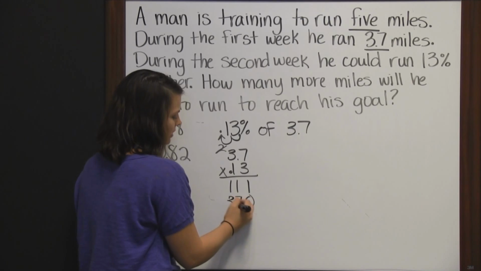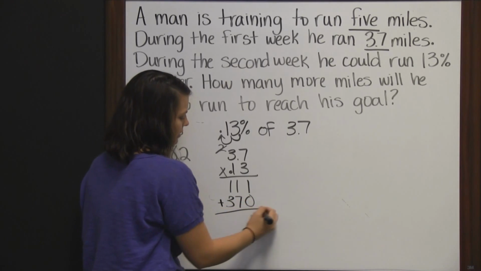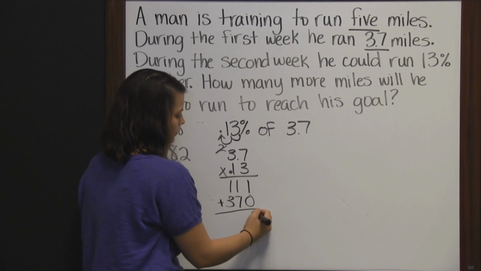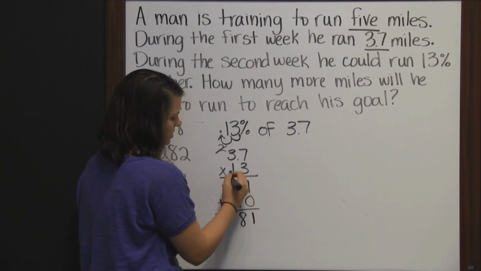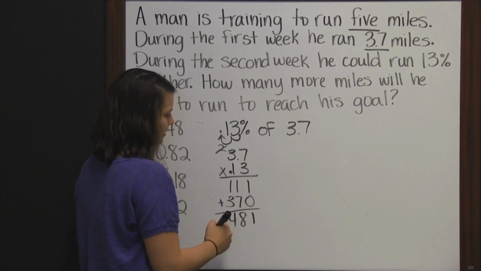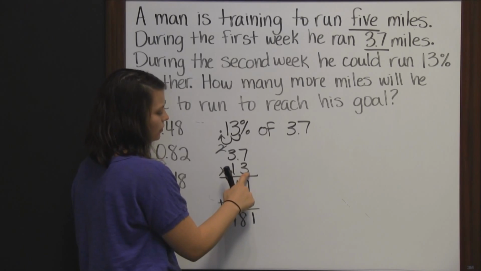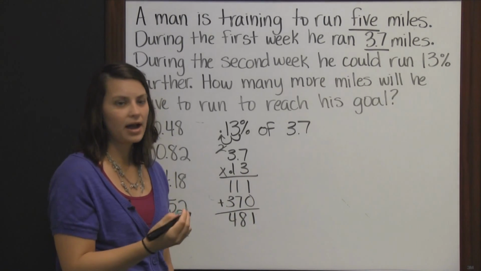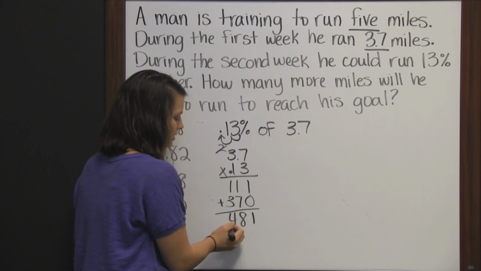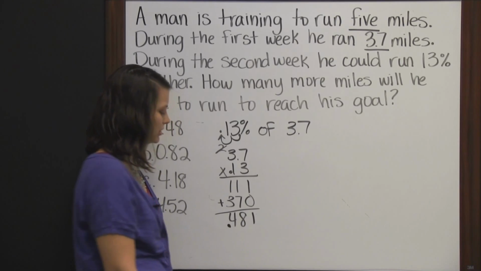And 1 times 3 is 3. Add those together. 1, 8, 4. And then we have 1, 2, 3 numbers behind the decimal, which means our answer will have 3 numbers behind